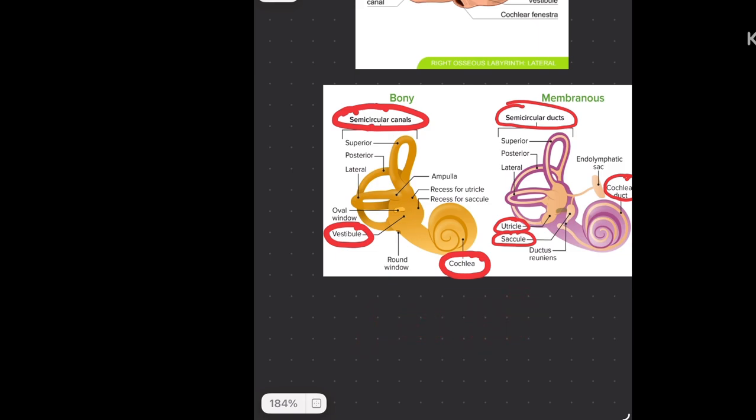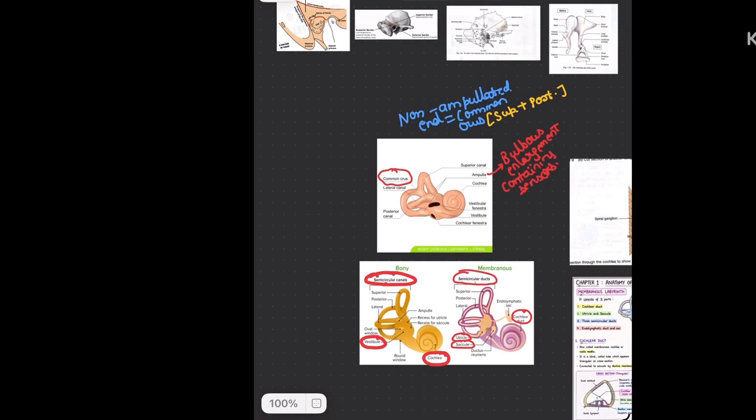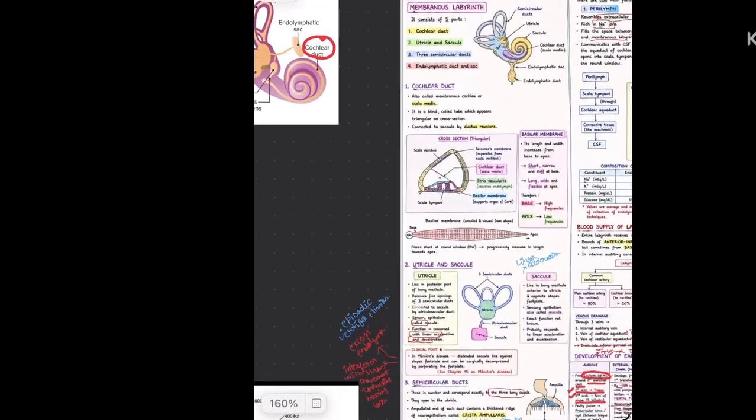3 into 2 is 6, but it is 5. Why? Because if you see this diagram, this is lateral, this is superior, this is posterior. Superior and posterior are forming a common opening known as the common crus. So that's why we have 2 plus 2 plus 1, which is equal to 5 openings. Okay, great. Let's see what they are saying in the